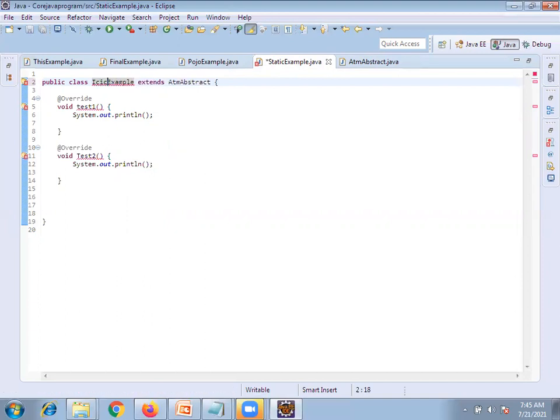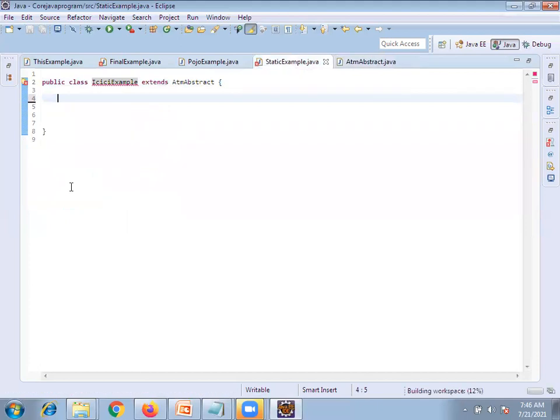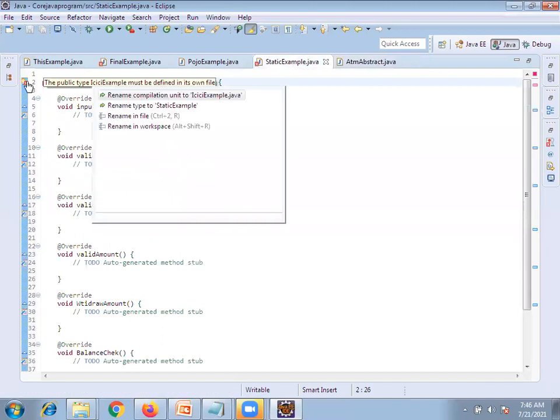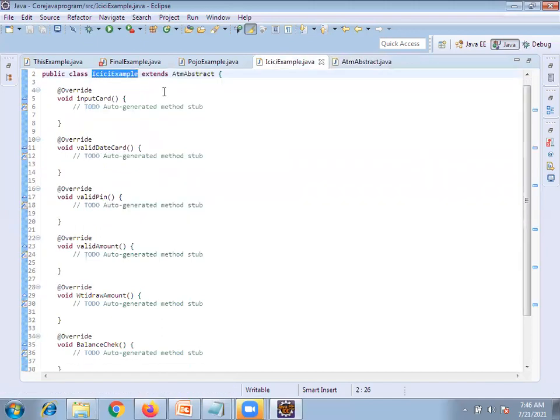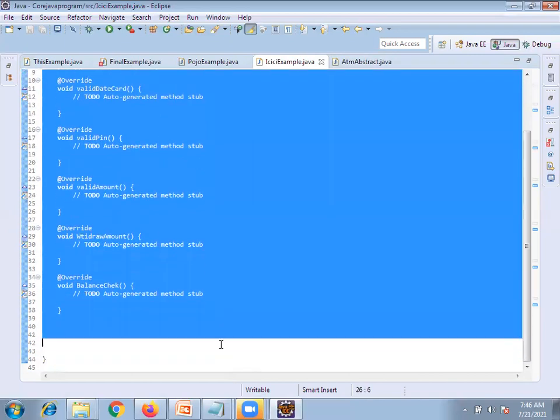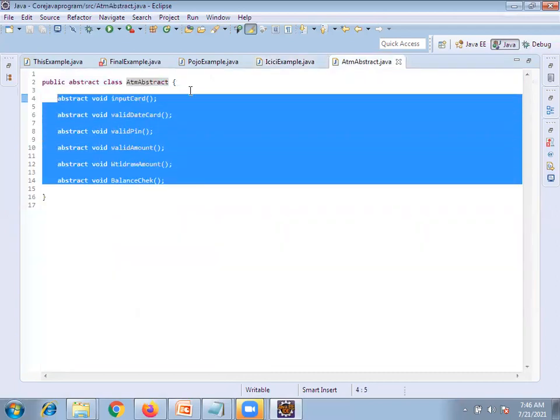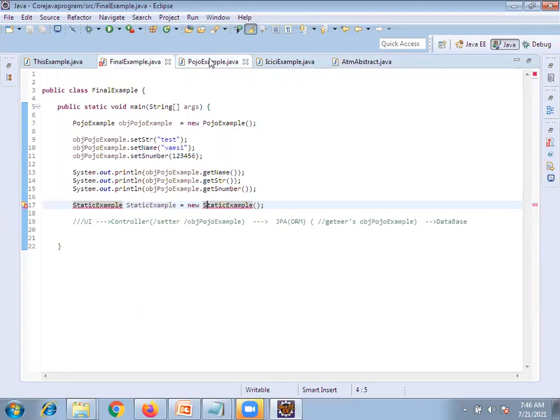You are getting it, I think. Yes, sir. Now what do we need to do? This ICICI Bank always follows these rules, right? Any confusion? No. Now, again you need to create one more, HDFC Bank ATM, which extends this ATM abstract. All these steps it should always follow, right? So the skeleton is provided as part of the requirement. The internal implementation is up to you.